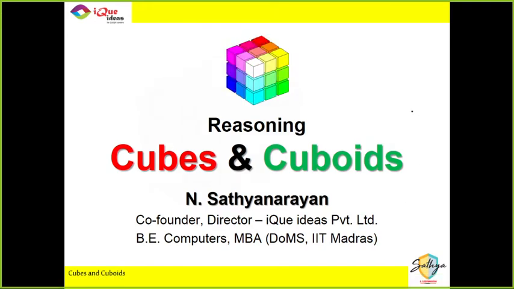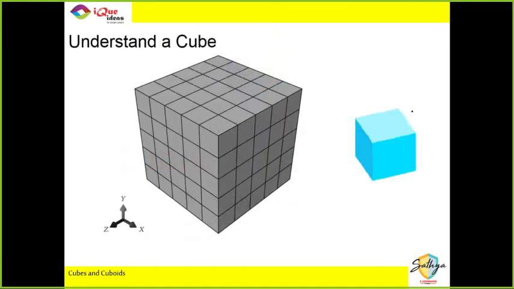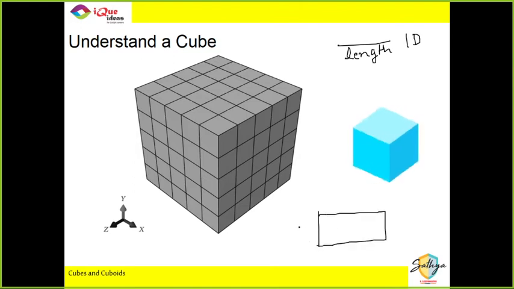First of all, we'll understand what exactly is meant by a cube, right? We all know that cubes are three-dimensional structures. You understand what is a one-dimensional, two-dimensional, and three-dimensional structure. For example, a straight line only has length, so this is a one-dimensional structure. If I talk about a square or a rectangle, then it has both height and width, so these are two-dimensional structures. But a cuboid is a 3D shape, right? It has length, width, and depth. It is spread across three axes.